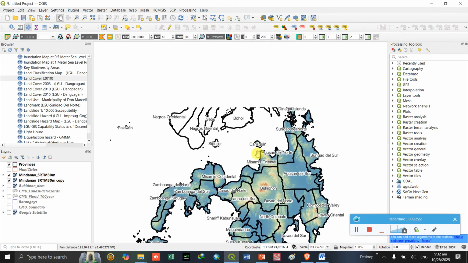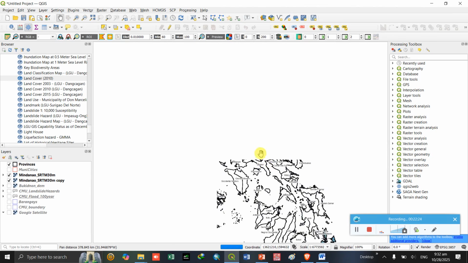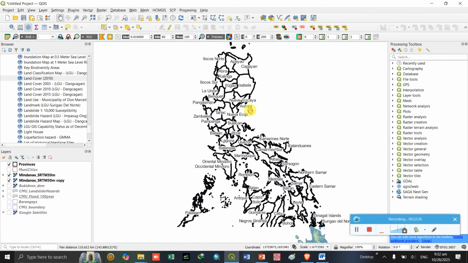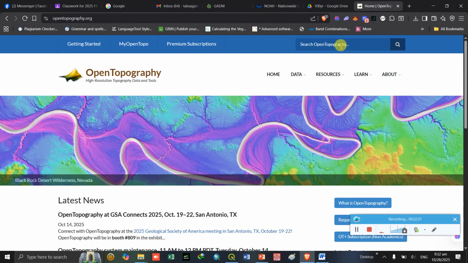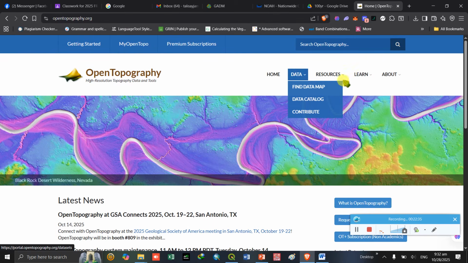If you need some of Visayas and the Luzon, you can access using the Open Topography. And of course, catalog, I believe this is catalog.